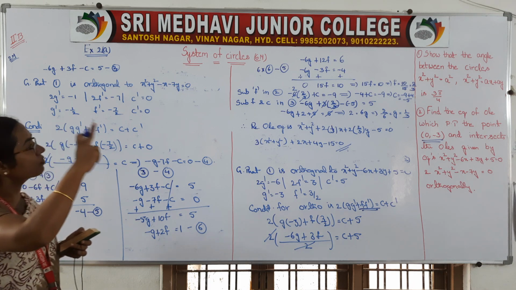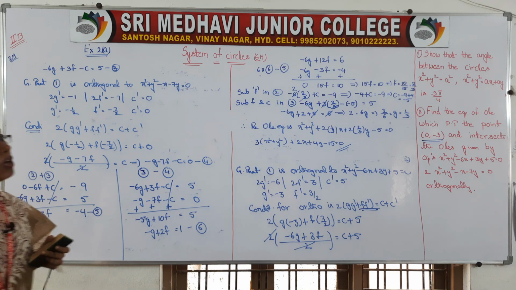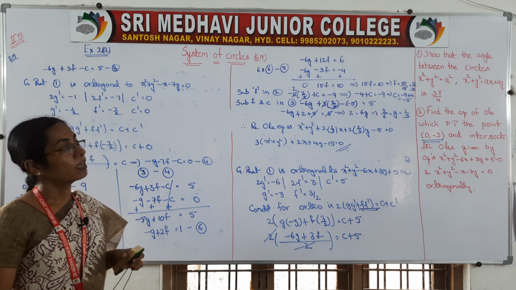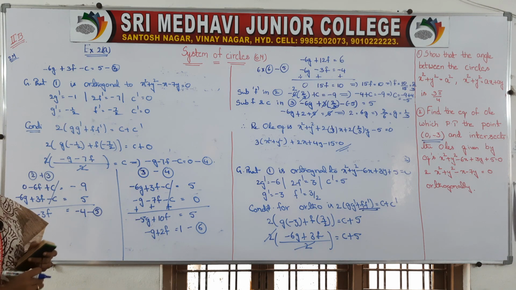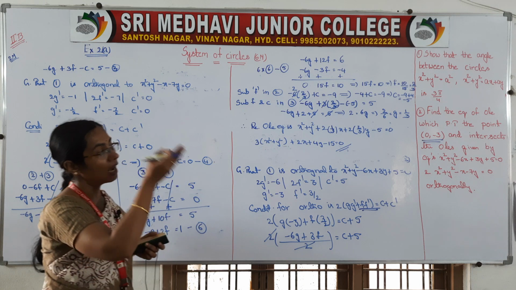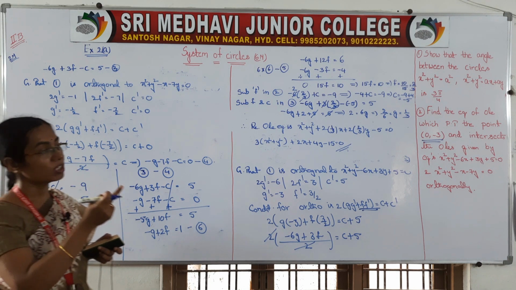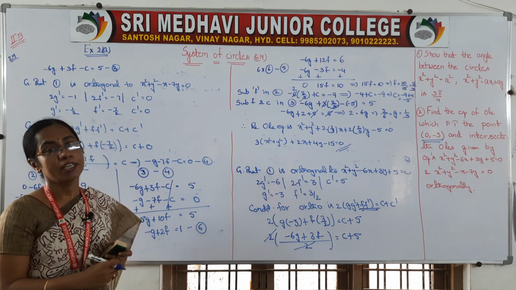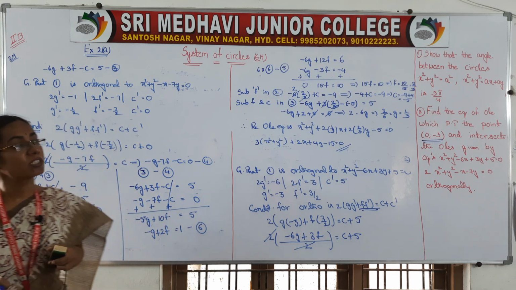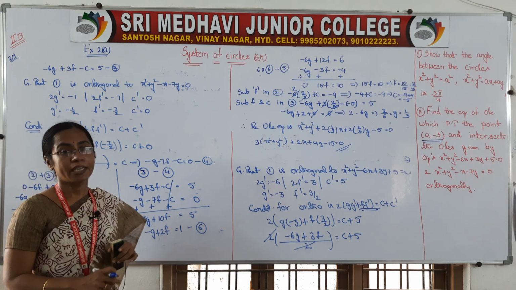Okay, so for the first one, we have to compare the circles with S is equal to 0, S dash is equal to 0. Find out the required things and substitute in the cos theta formula. Then you will get your angle. For the second, you take one general circle equation. It passes through the point. So the point satisfies. You will get one equation. Again, that circle is orthogonal to one circle. You will get the second equation. It is orthogonal to the second circle. You will get the third equation. 3 equations we will get. If we solve, you will get your g, f, c. Substitute those g, f, c in the equation. So finally, you will get your required circle equation.